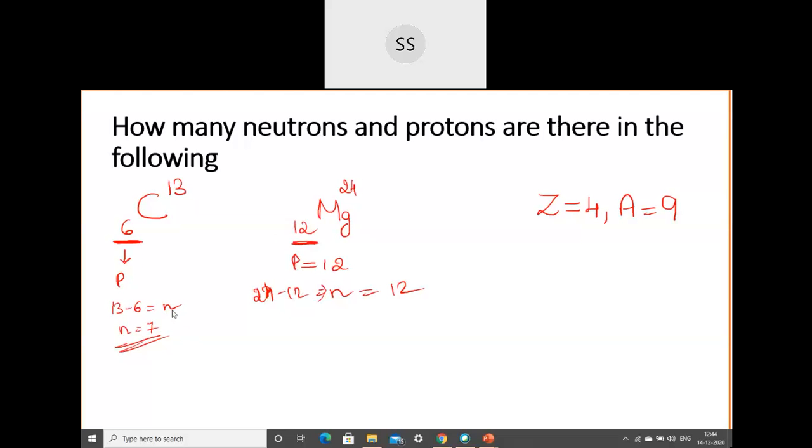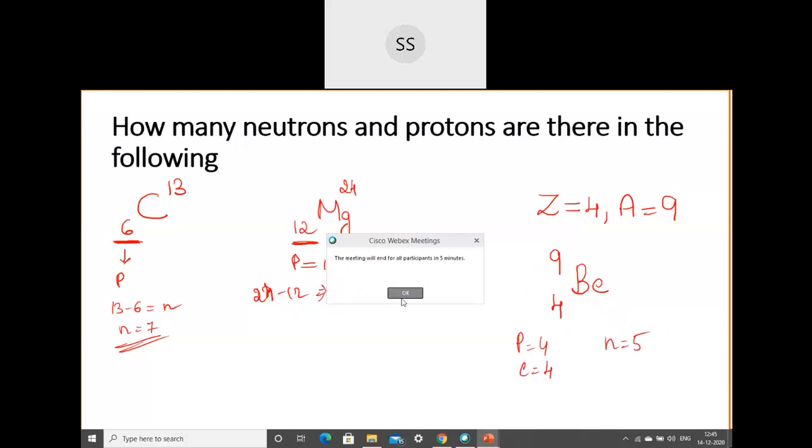Yes. Correct. Beryllium is the atom. Correct, no? Beryllium, okay? 4 is the atomic number and 4 atomic number is beryllium. So how will you represent beryllium? Be. 4 you write below and 9 you write above. Yeah, neutron number is 5. Correct. From this, if they ask you what is the number of electrons, protons, proton is 4, electron is also 4, and the neutron number is 5. Okay, higher minus the lower number. You subtract.